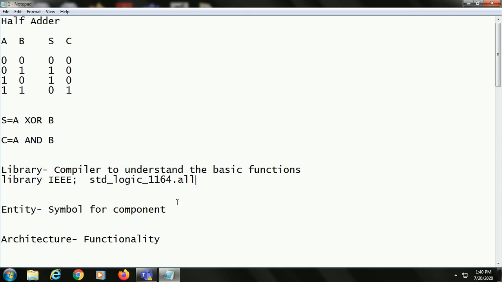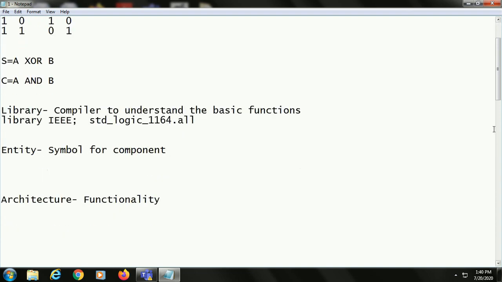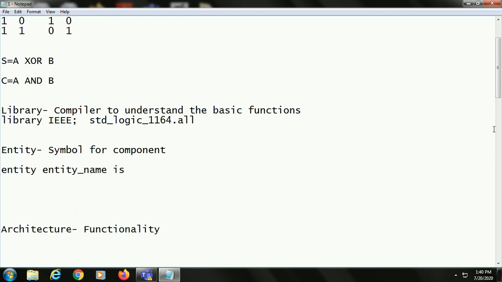Now coming to the entity part, we'll see the syntax for entity. Entity name is, and end entity.